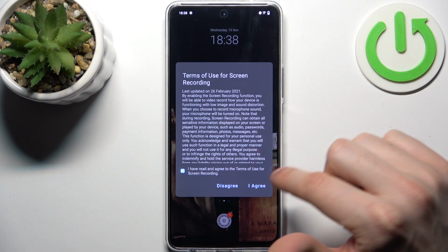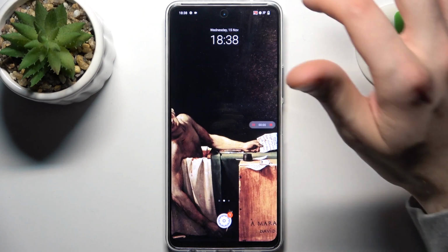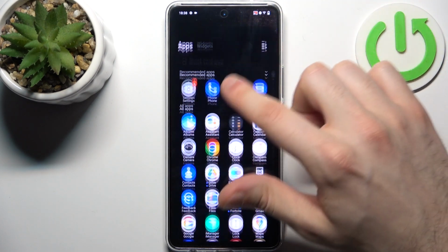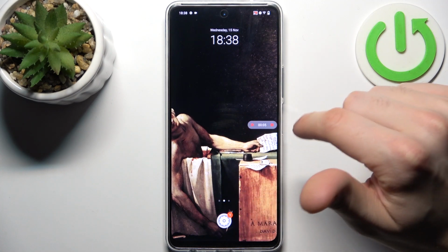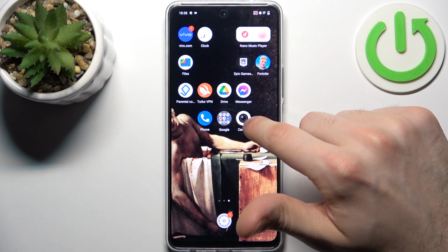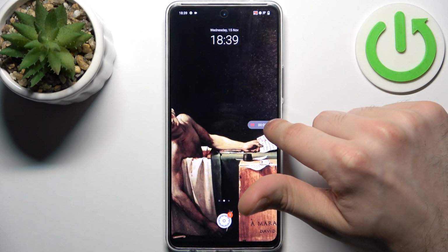agree, then tap start screen recording, and as you can see, it's on. You can pause the recording by tapping on this button on the left. You can play it again by tapping on it once again, and when you're done recording, just tap on this